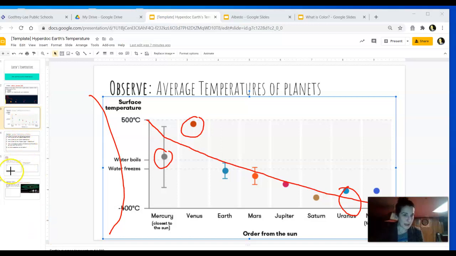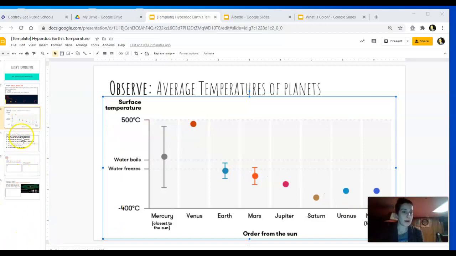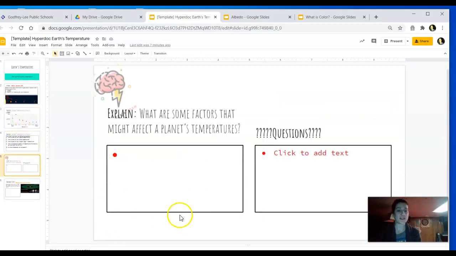So following that, I had you brainstorm some possible other factors that could affect the temperatures of a planet. And a lot of you came up with things like color and atmosphere and the speed of rotation, which are all very possible. And if we think about it like the color, if you're wearing a certain color, sometimes you feel warmer or colder. Does that happen in a planet too? Or let's say you're sitting around a campfire and you have a jacket on, right? You're going to feel warmer than if you don't have a jacket on. So whatever surrounds you, which would be like your atmosphere.